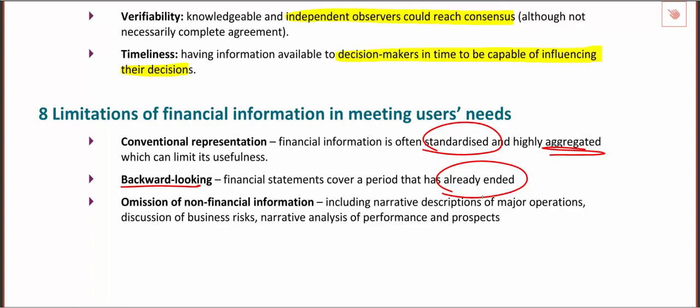And that kind of leads us on to the omission of non-financial information. So often non-financial performance measurements are a better indication of what's going to happen in the future than your financial statements. And that's because they include things like how happy are your customers, how good are your internal processes, how good are you as an organization at learning. And so all of these things that are non-financial in nature but give me a better indication of what is going to happen in the future.